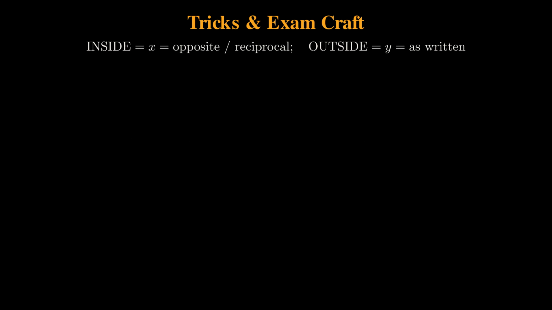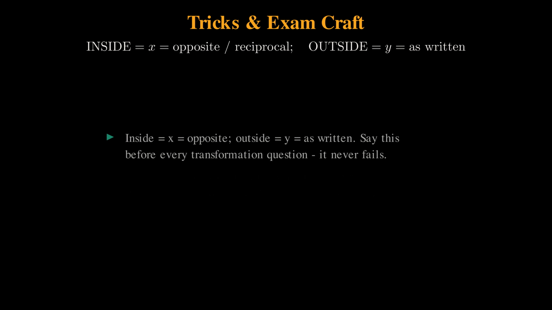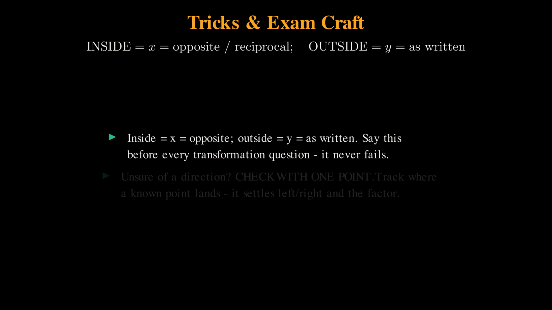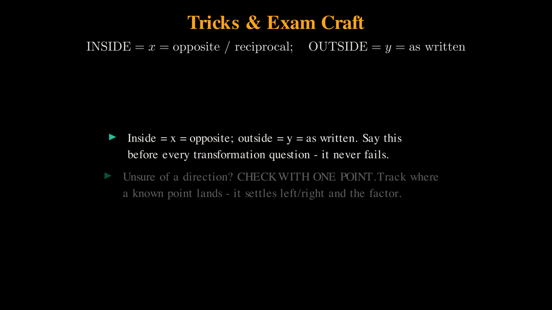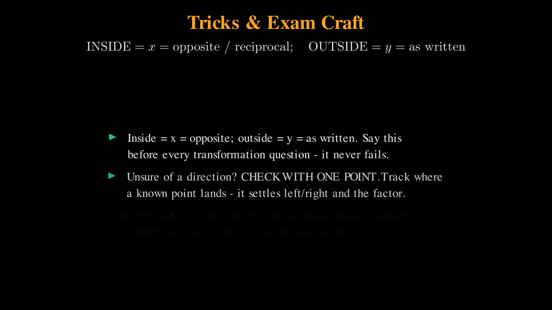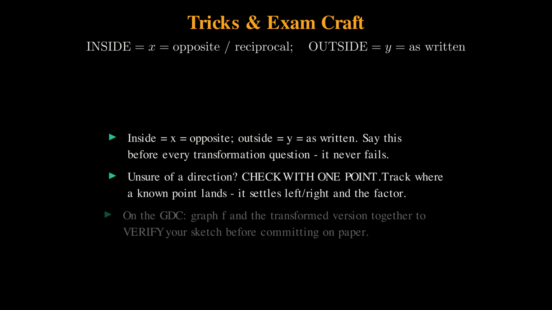Four rules to bank. One. Chant: inside equals x equals opposite, outside equals y as written. Two. If a direction ever feels slippery, check with a single point. Track where it lands, and the ambiguity vanishes. Three. On paper 2, graph the original and the transformed function together on your GDC to verify before you commit